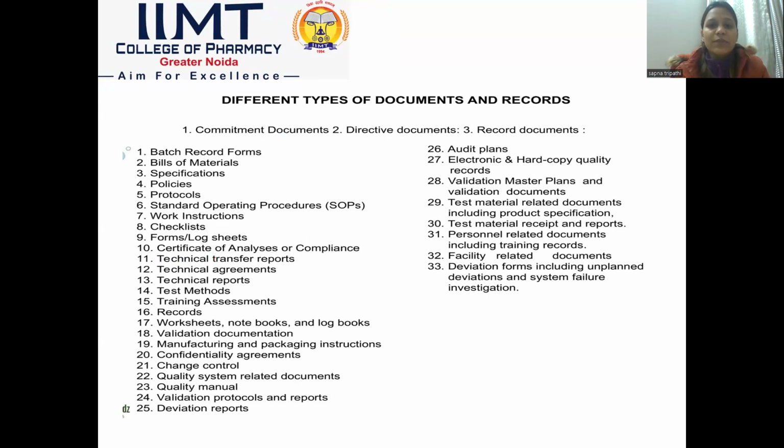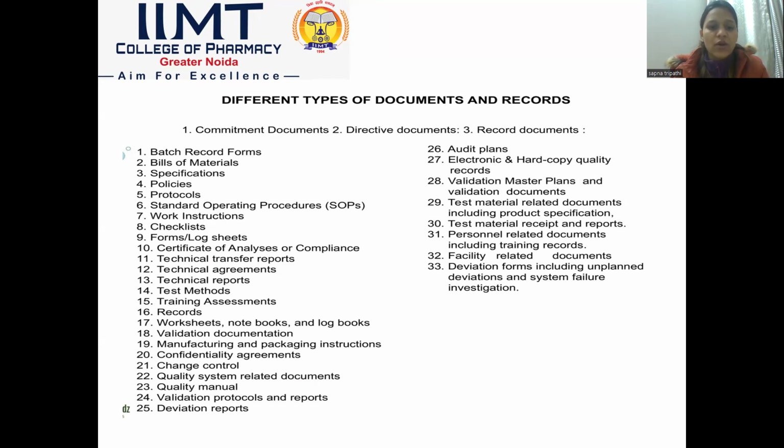Now we talk about different types of documents and records in the pharmaceutical industry. There are 33 different types of documents given here. Batch record forms, bills of materials, specifications, policies, protocols, SOPs, work instructions, checklists, forms or log sheets, certificate of analysis, technical transfer reports, technical agreements, technical reports, test methods, training assessment, records, worksheet, notebook or logbooks, validation documentation, manufacturing and